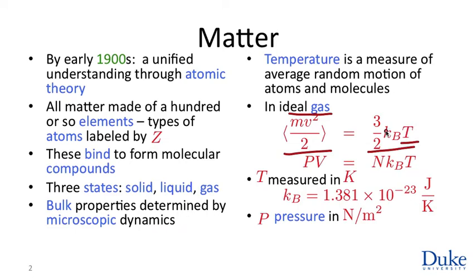A gas exerts a pressure on any container in which you put it. The pressure is a force per unit area applied equally in all directions, and the pressure times the volume for an ideal gas is given by that same Boltzmann constant times the temperature times the number of atoms in the gas. Most gases are not ideal. There are all kinds of subtleties here, but the essence is that temperature is a measure of the random motion of the atoms, and that the pressure and the volume increase with rising temperature.